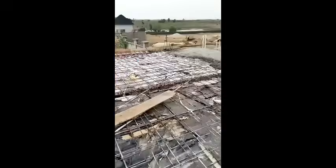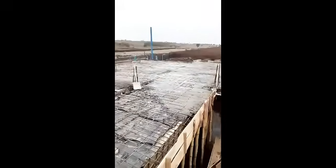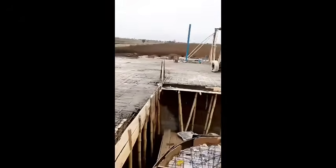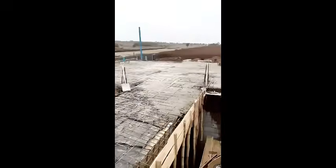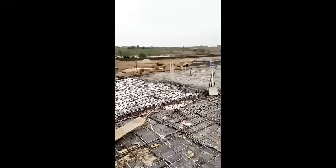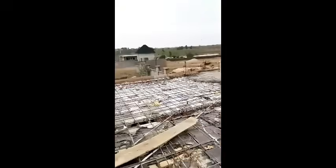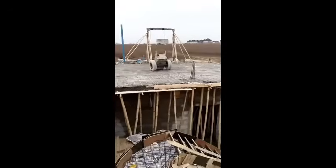The stairs, as you can see, are now stable. The guys had to work very hard in terms of making sure that everything is stable, the concrete is going to be set. But before that, as you can see on the video, the actual protection of